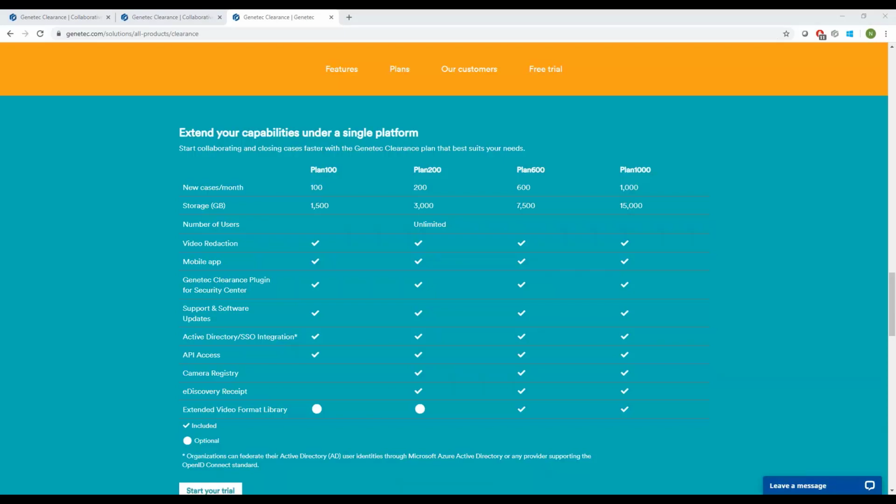One of the other questions was about local storage and sharing video through the cloud. Clearance as an application is 100% cloud-based. We don't have a local storage or a hybrid version of the application. Now, that being said, if you are an institution that is still holding a lot of your digital evidence or your data locally, that's just fine. You can also leverage Clearance as a tool to share video through the cloud, and you can set up specific retention periods to be